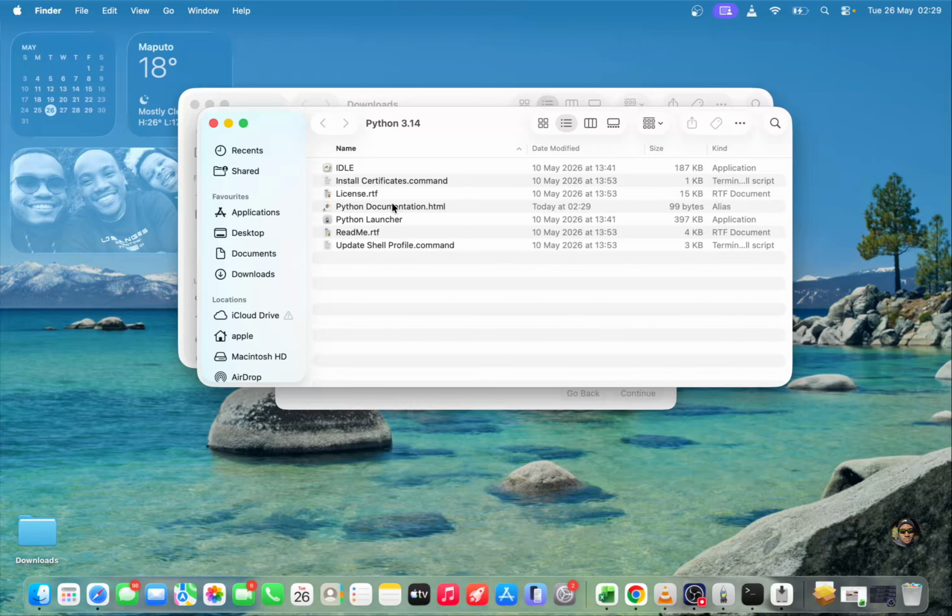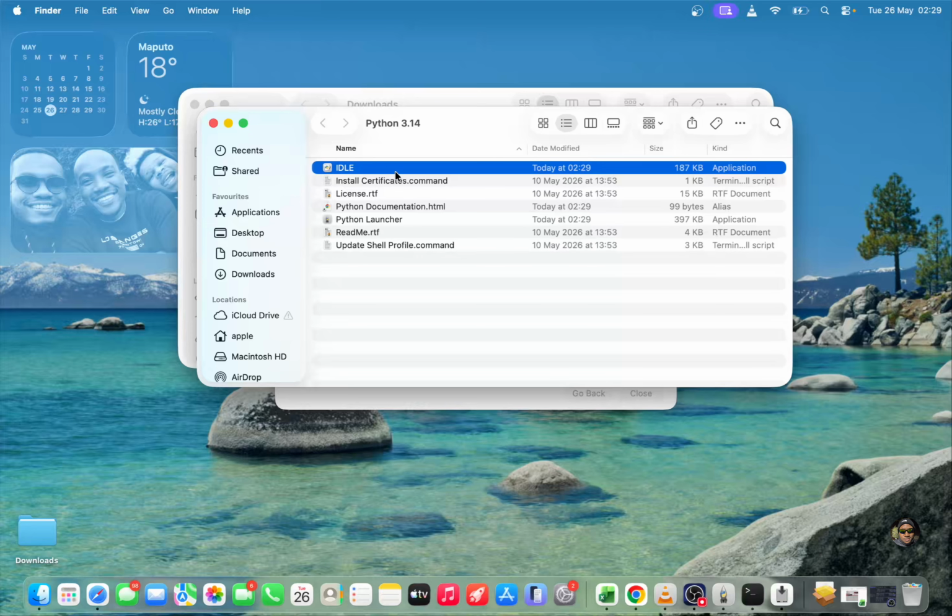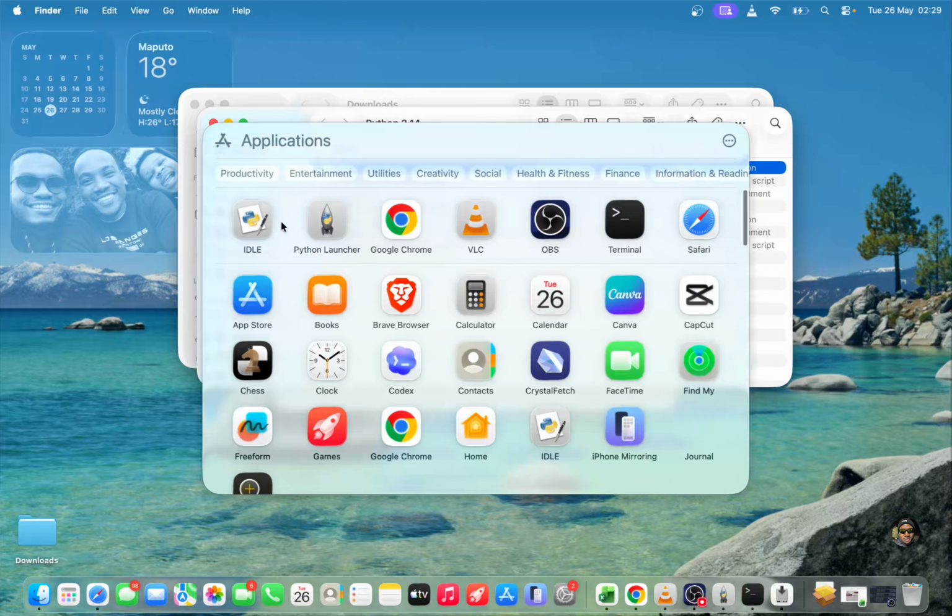This folder has the applications of Python, and the most important ones are IDLE, which will allow you to write code on that, and the Python Launcher. So you come straight to the applications, to the apps on your Mac, and you will see IDLE and Python Launcher. So we can open,